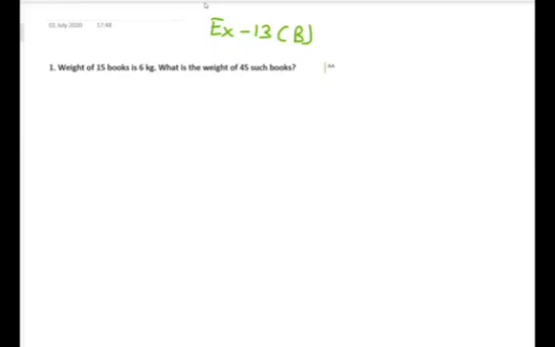I hope that you all have gone through exercise 13A questions and you know the basic fundamental concept of how to find the answers in the unitary method. If you have forgotten, don't worry, I will revise it one more time, but you have to study with great concentration. You have to focus on the question so that you may understand the concept of the unitary method.